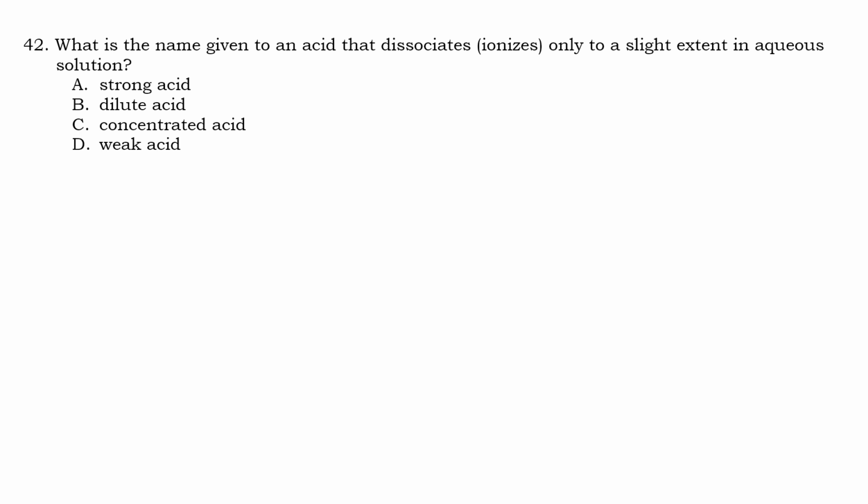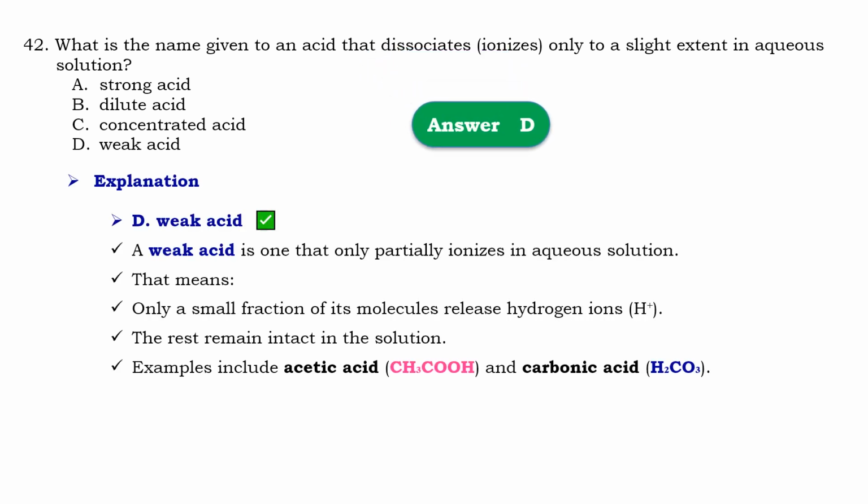Question number 42: what is the name given to an acid that dissociates or ionizes only to a slight extent in aqueous solution? That should be D, weak acid. It means partially ionized in aqueous solutions,